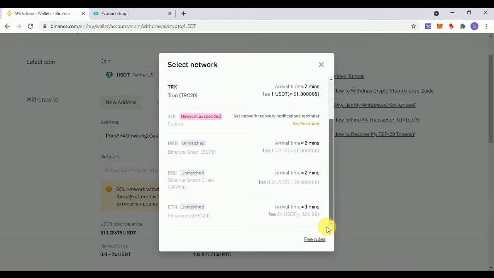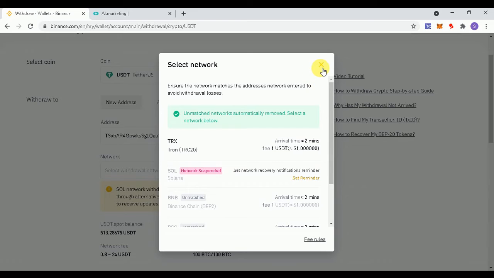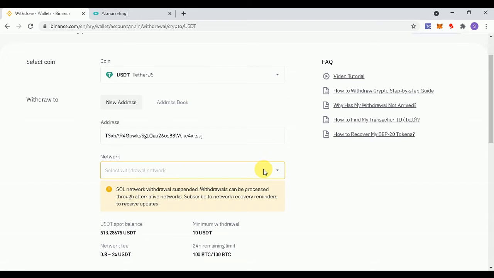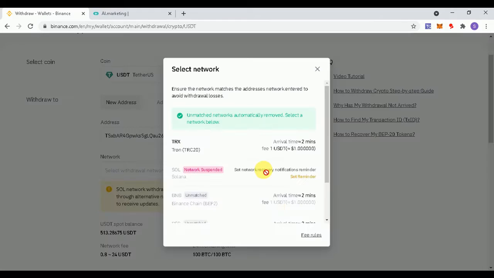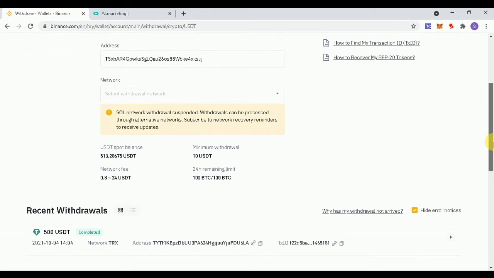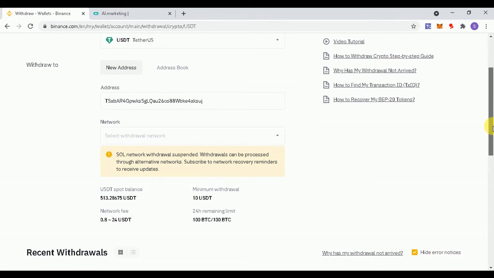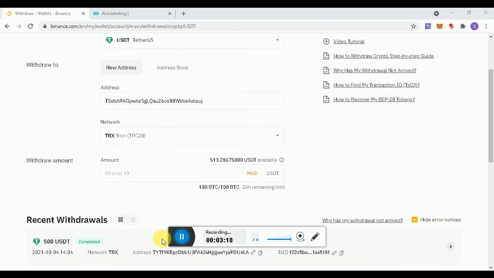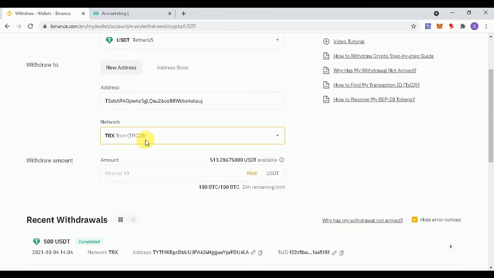So you can see here TRC20. Okay, this is my withdrawal address. We can check it.